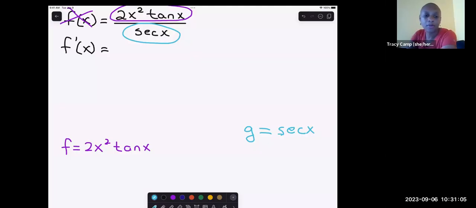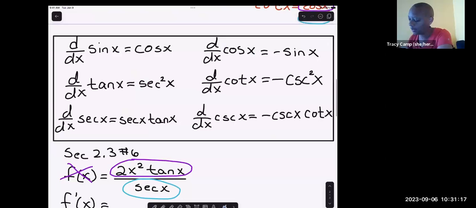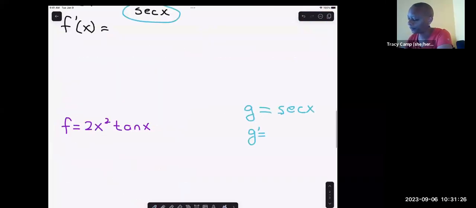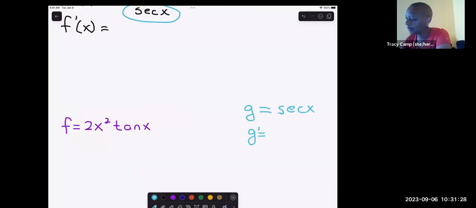But I have my F and then I have my G, and my G prime I can find easily. We just talked about how the derivative of secant is secant x tangent x. So that's not a problem, finding my G prime, secant x tangent x. Now my problem comes with finding my F prime